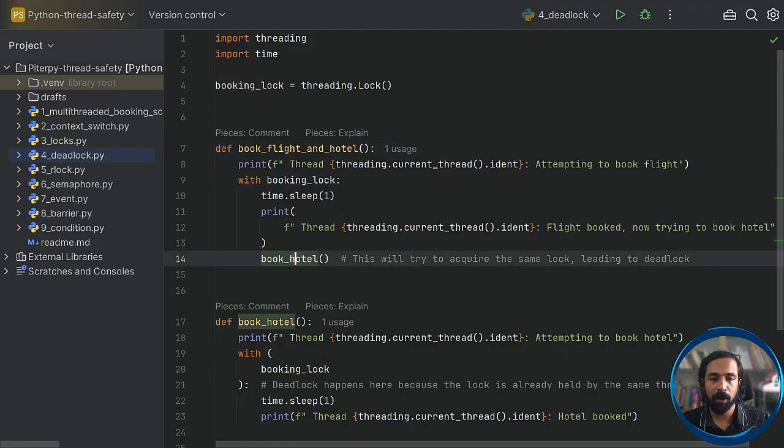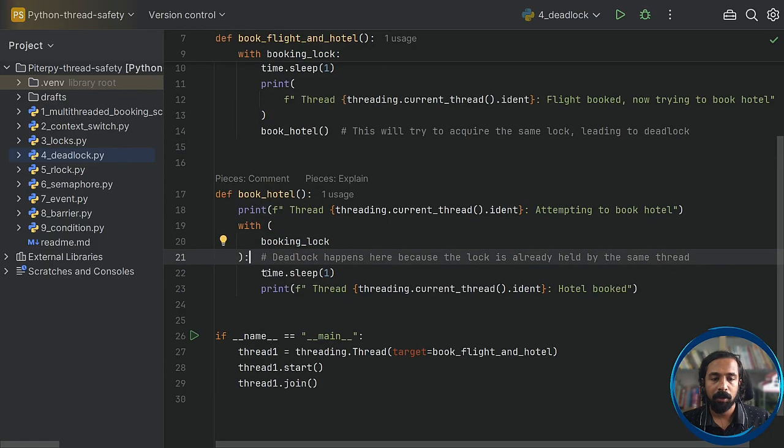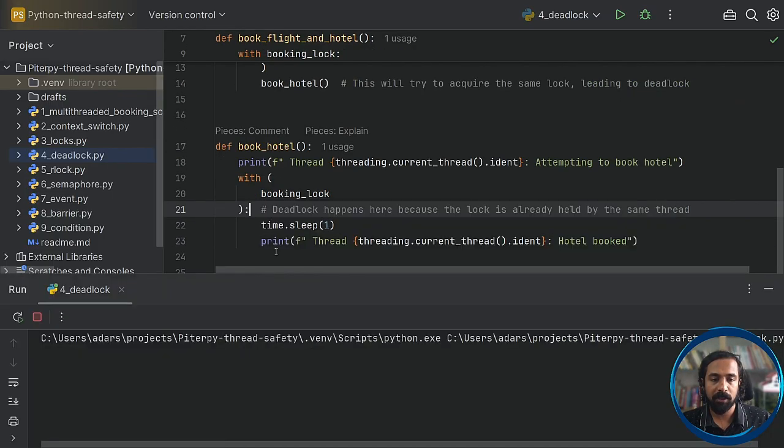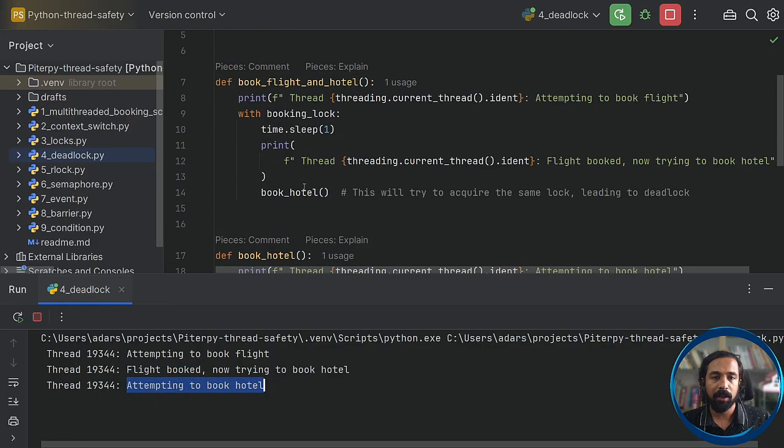Then we are calling our second function, which is the book hotel function. Inside the book hotel function, you can see that we are trying to acquire the same lock again. Let's see what happens when we execute the same. So initially you can see that attempting to book flight is printed, then flight is booked, and now the hotel is attempting to be booked.